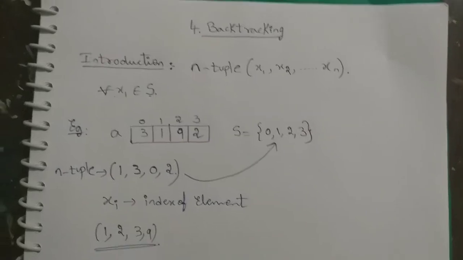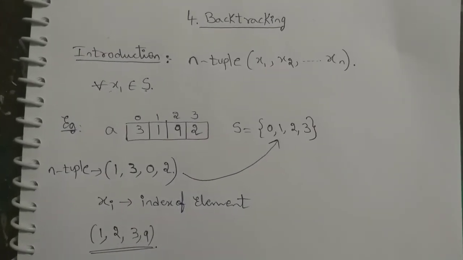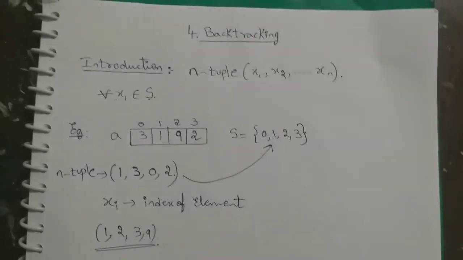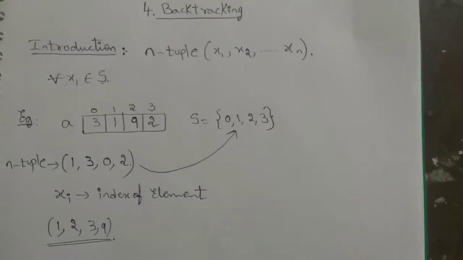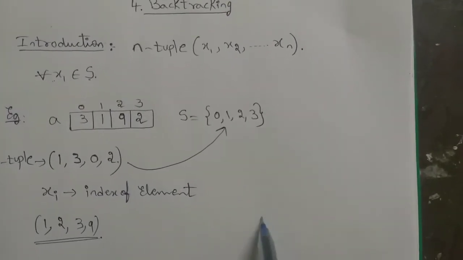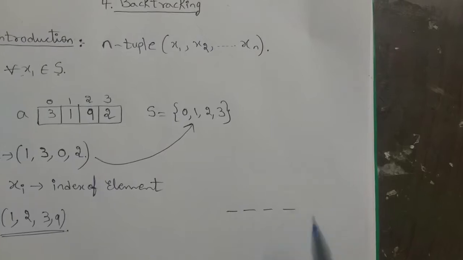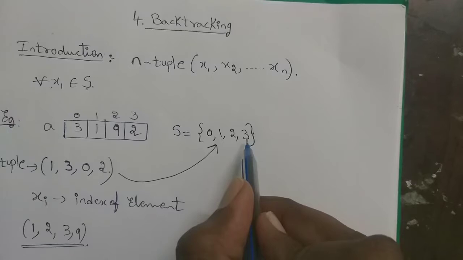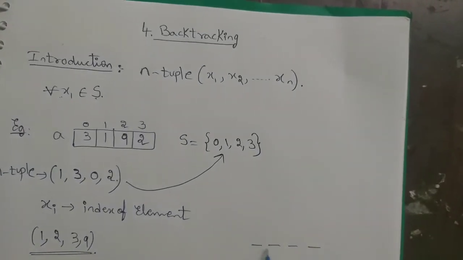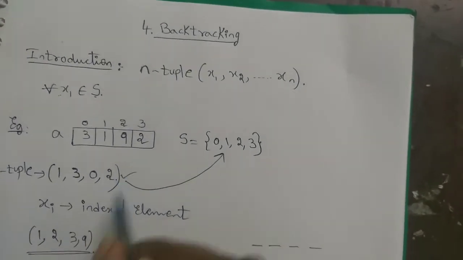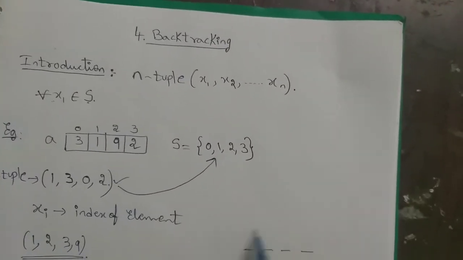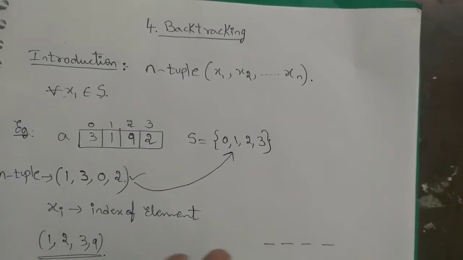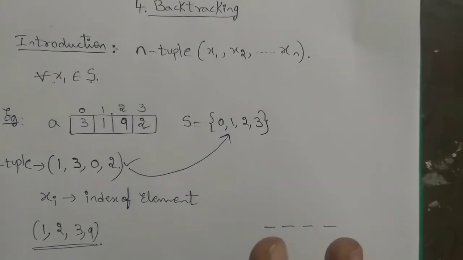In general, every problem that we solve using backtracking can also be solved using the brute force technique. What is the brute force technique? First of all, we represent the solution in the form of an n-tuple. Here n is 4, right? And we are given a set of 4 elements, and one of the combinations of those arrangements is the answer. How many such arrangements are possible? Brute force means a blind approach. We are not using any constraints or conditions to solve this problem.